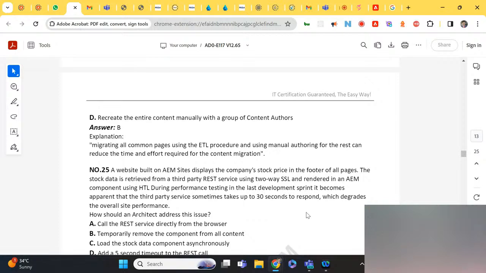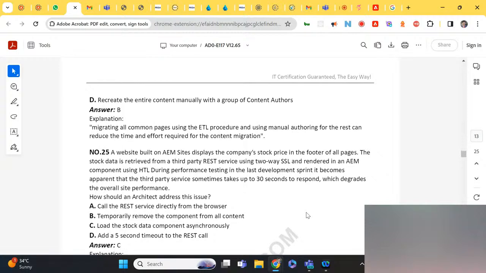Okay, so do you guys have any questions on this? So loading the data asynchronously is the better option.